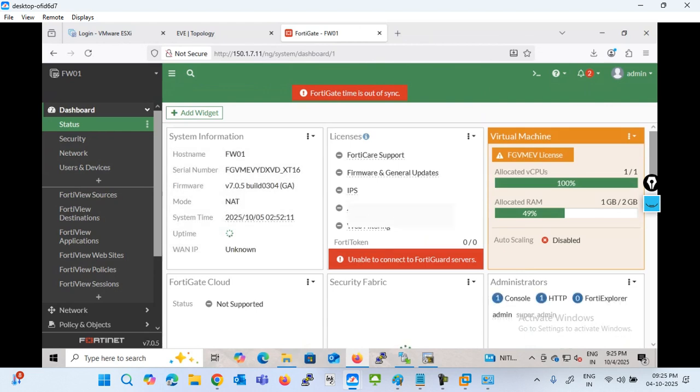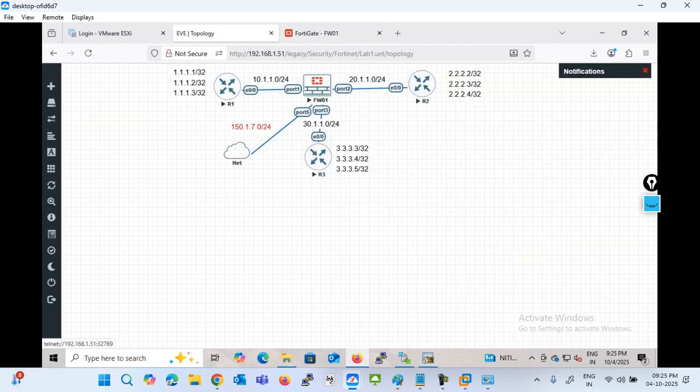So the next part I'm going to configure here: if the devices are trying to ping, like if R1 tries to ping R2, they can't ping because the route does not exist on the firewall, right? So I will explain how you can add the route on the firewall through the CLI and through the GUI as well. Okay, so the first thing, you can go to the firewall